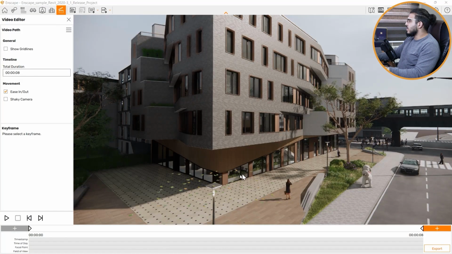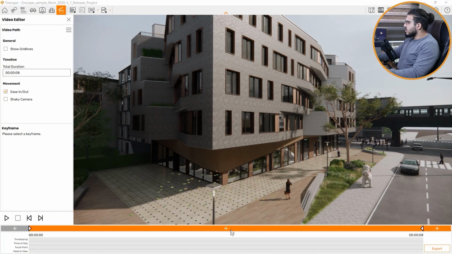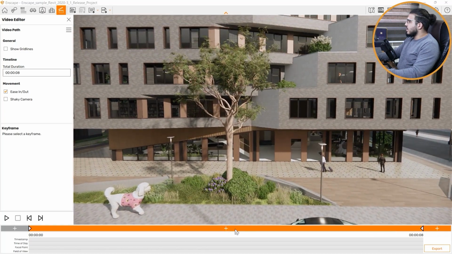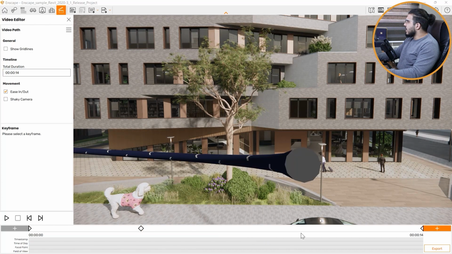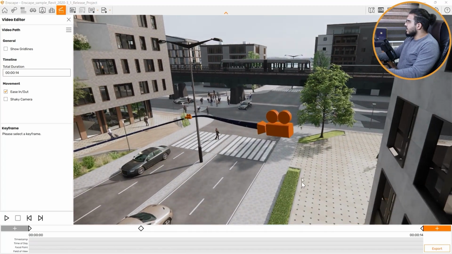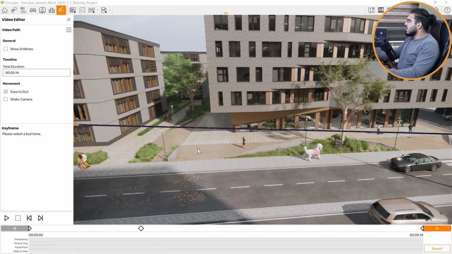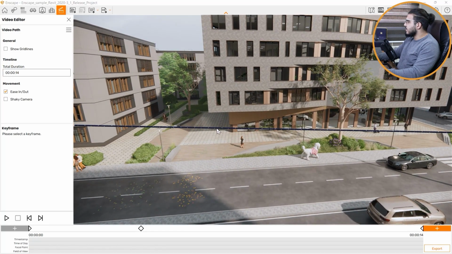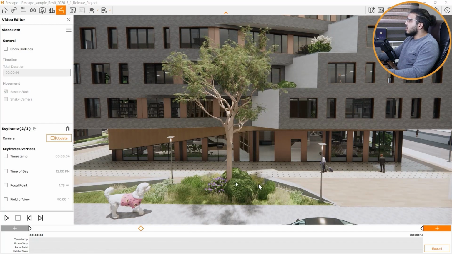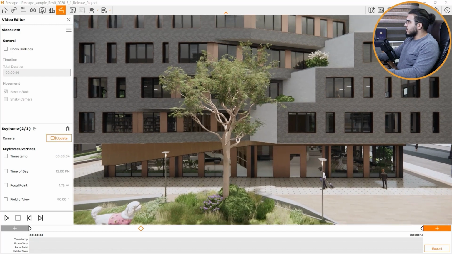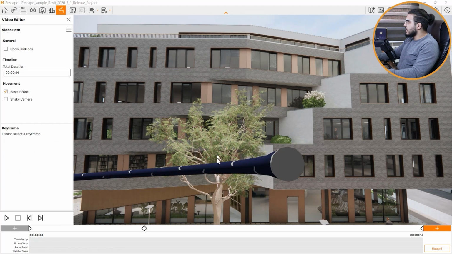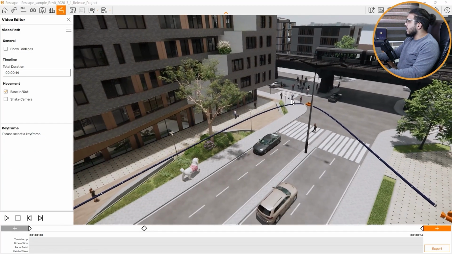For example, something like this, and you can create some other keyframes in the middle of them. For example, let's go in here, let's create another keyframe between these two, and now we have 3 keyframes, and you can see a video path in here, the first one, the second one, and the third one. And also with hovering over the path, you can create other keyframes between these, and with double clicking on each keyframe, you can go there and you can update the keyframe. For example, let's go in here and update this keyframe, and let's exit. And now we just updated this keyframe in here.